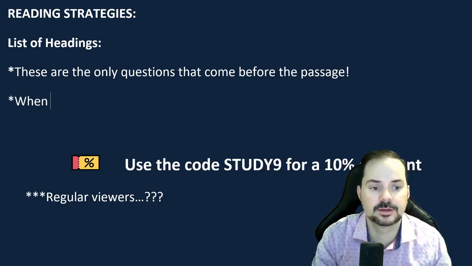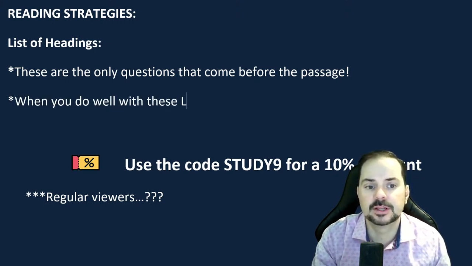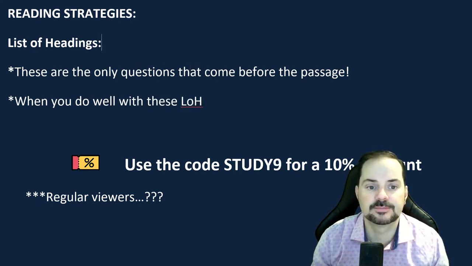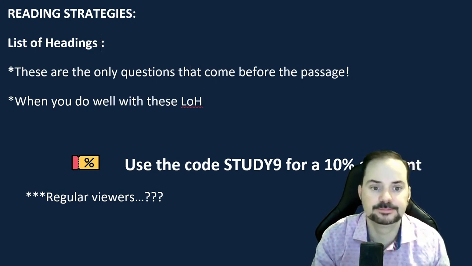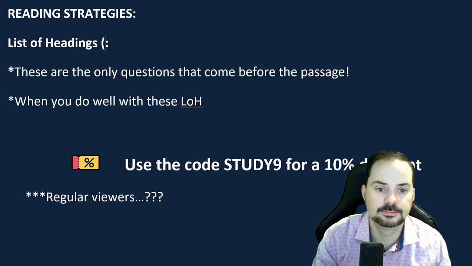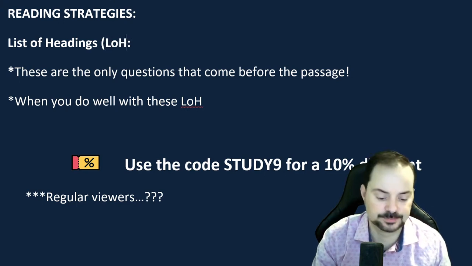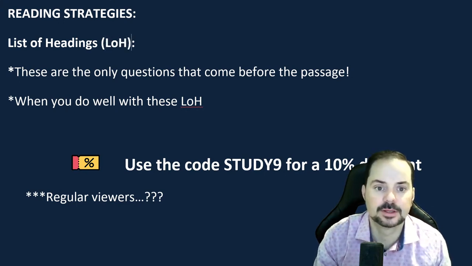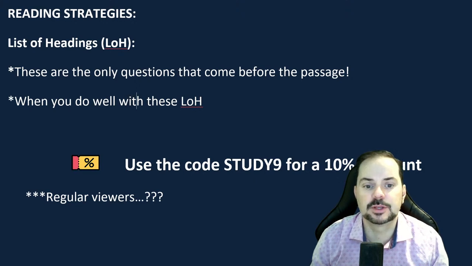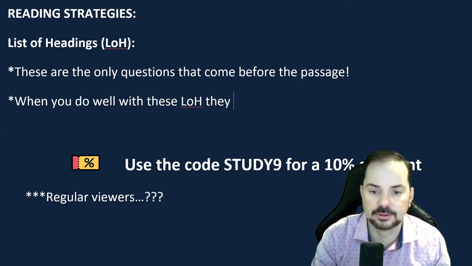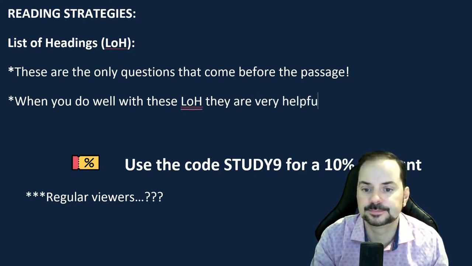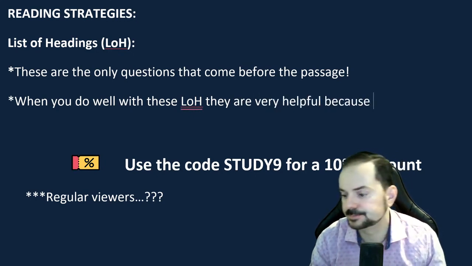Let's call them LOH, so I don't have to write list of headings over and over again. LOH. That's how we abbreviate them. When you do these list of headings well, they are very helpful because